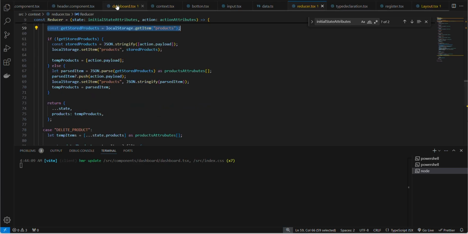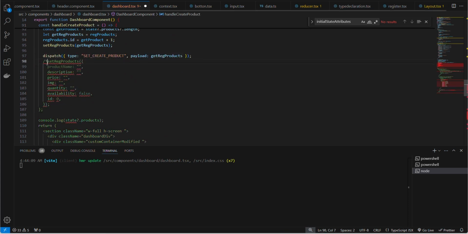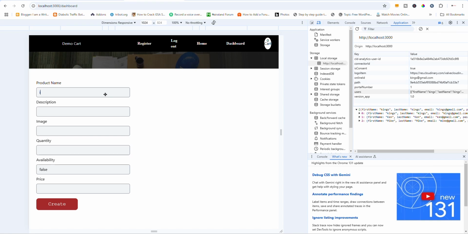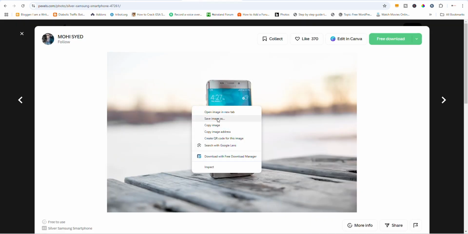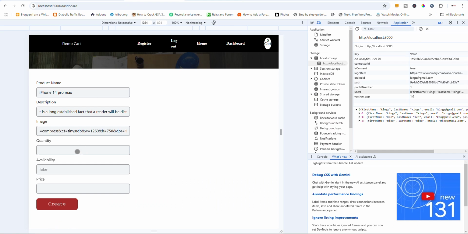So going back to the dashboard, I don't want to just comment this out. So I won't stress writing this over and over again. So we can have product name as iPhone 14 Pro Max. For description, let's just copy this text from here. For image, let's just find this image here, copy image address. Quantity, let's just say 20. Availability, let's just say,